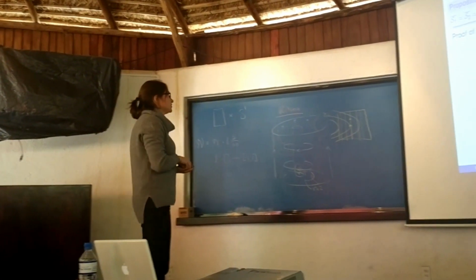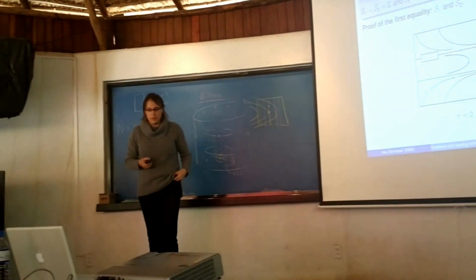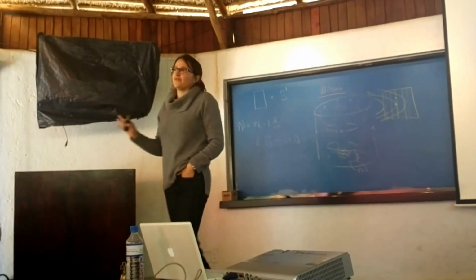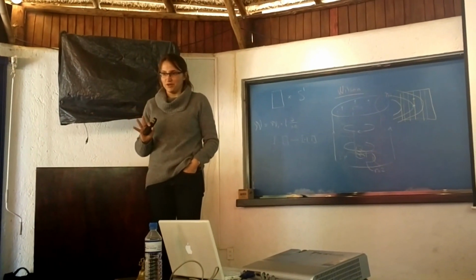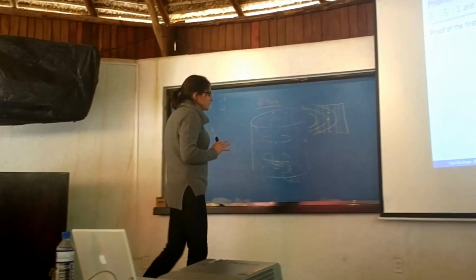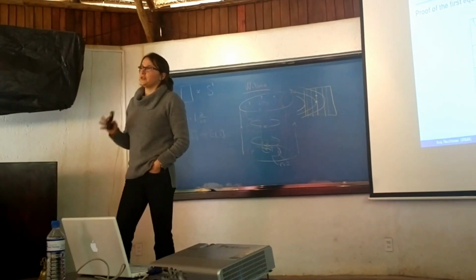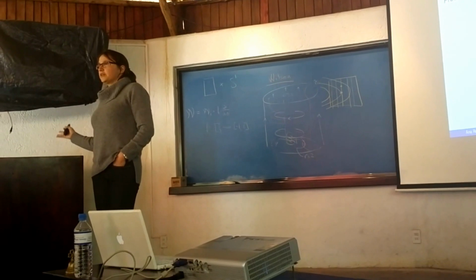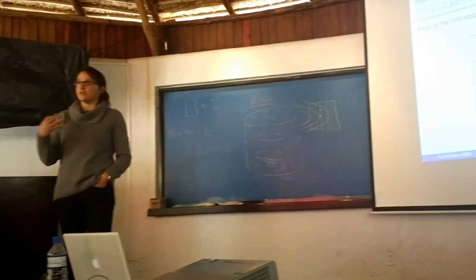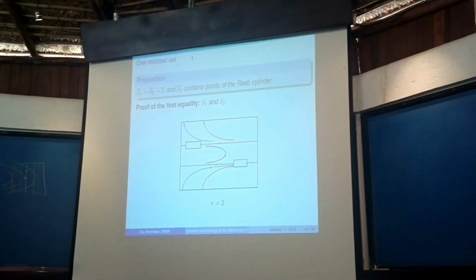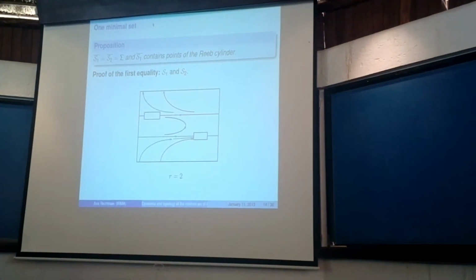So, now let me pass to the minimal set. So the minimal set, it was already known before our study that there's just one minimal set inside of one. The minimal set is given by the closure of any of these two special orbits. So the special orbits I'm calling the periodic orbits, the arcs of the periodic orbits that survive the construction. And what I want to show is that if you take the closure of the first